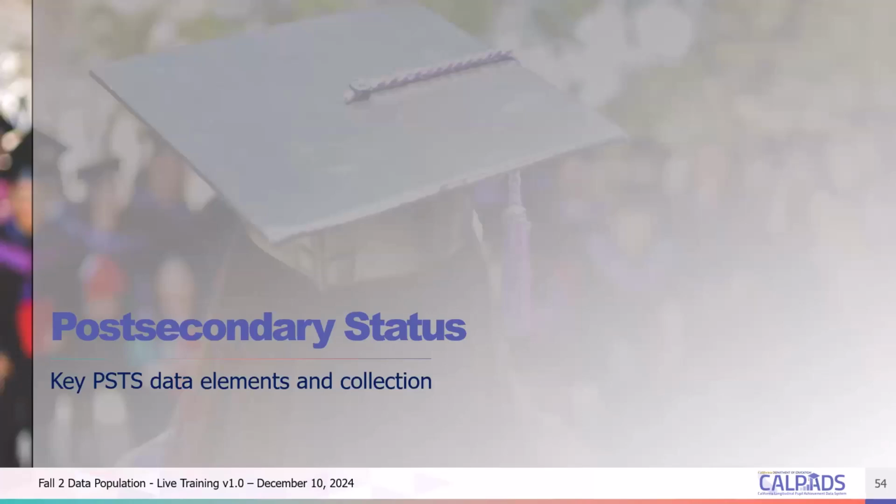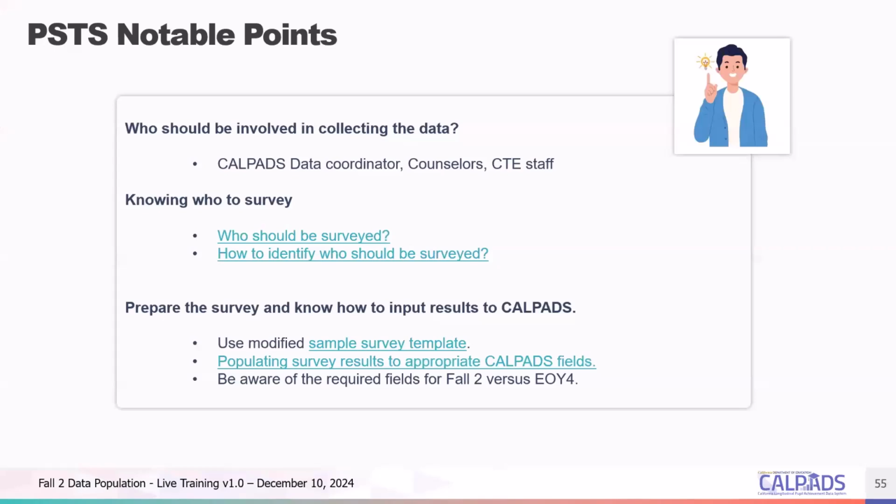And this file is only expected to be submitted to CalPADS for districts who have high school students participating in a CTE program or who have participated and completed a CTE program, who are surveyed in order to gather post-secondary status data points. If you're an LEA with only elementary and middle school enrollments, this section of the training may be less relevant to you, but we will try to get through it as fast as we can so that we can still provide you some value with Kyron's demonstration of error resolution, which we'll get to shortly here.